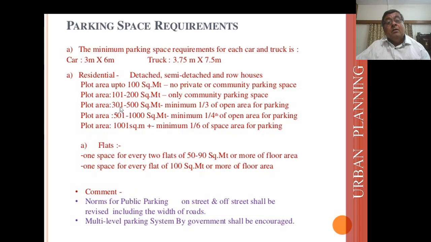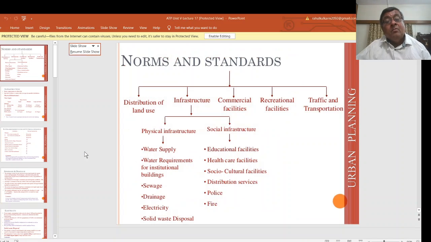Plot area of 300 to 500 square meter, minimum one third of open area for parking. Plot area of 501 to 1000 square meter, minimum one fourth of open area for parking, and plot area of above 1000 square meter, minimum one-sixth of the total space area for parking. For flats,